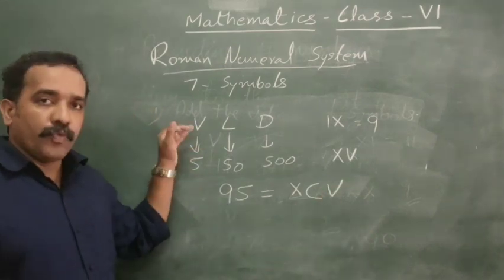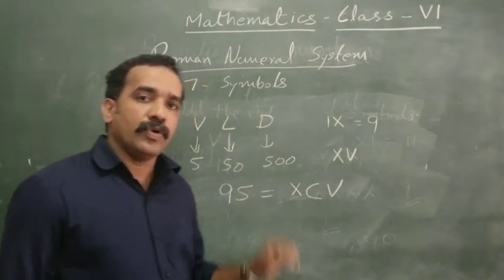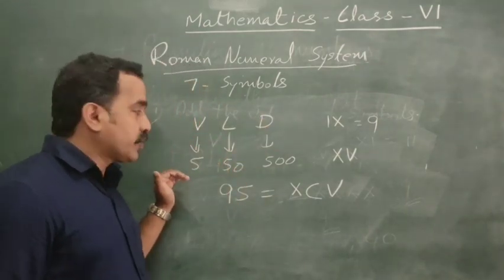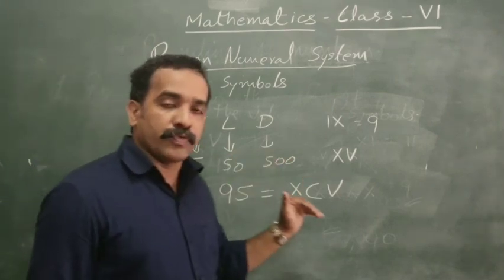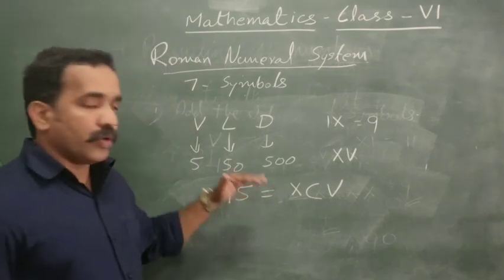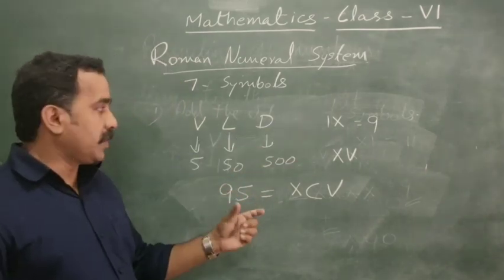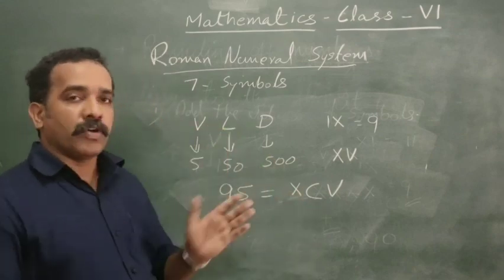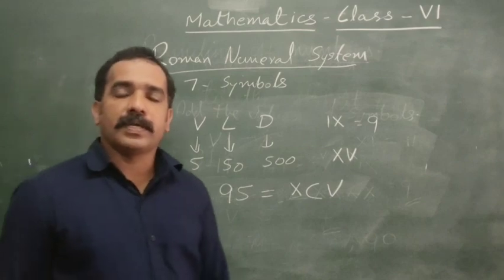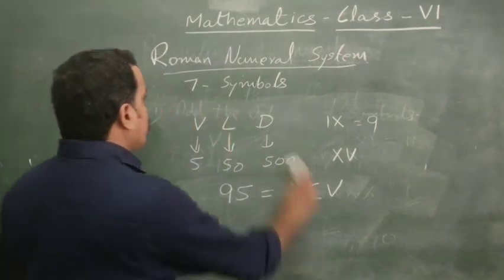Understood? So the rule: V, L, D are not used for subtraction, or V, L, D are not used for repetition. So we cannot repeat these digits, or we cannot subtract. That means you are not able to place these digits on the left of a big digit. So those are the basic rules to form